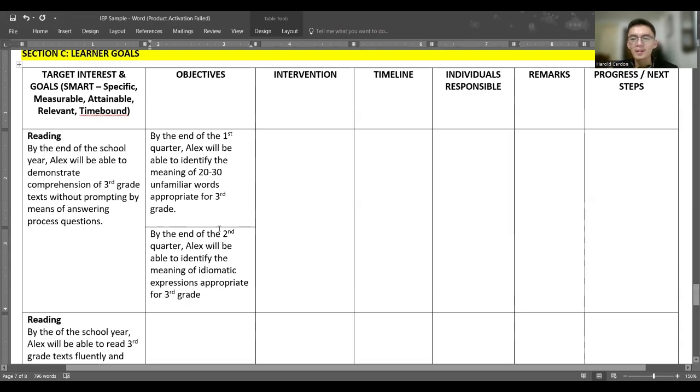Okay. So this is just an example on how we create objectives. The point here is that whenever you achieve all of these objectives, it will lead you to achieving your goal. So there are many techniques on how we write objectives. In some cases, they focus on just one aspect. For example, if you want to specifically just address the unfamiliar words all throughout, then you focus on unfamiliar words